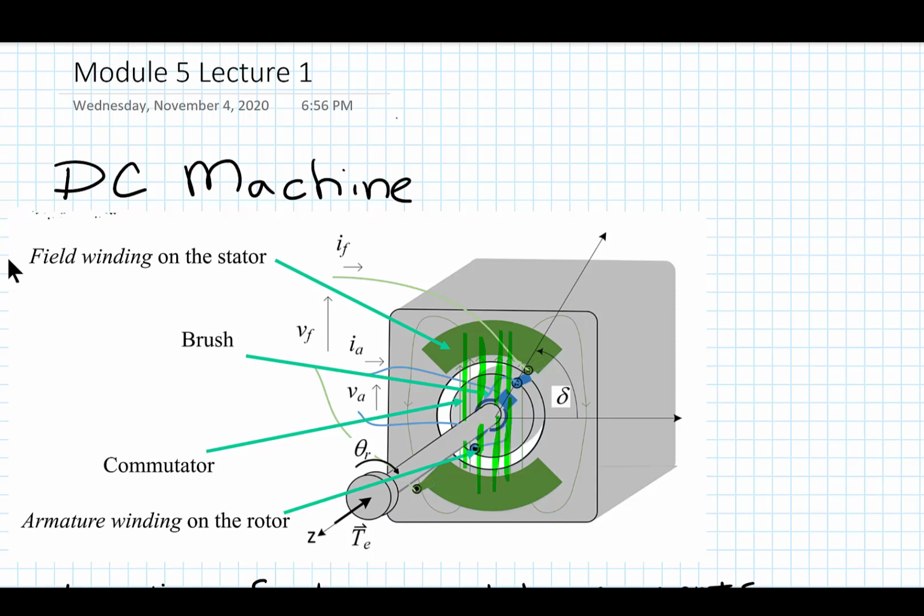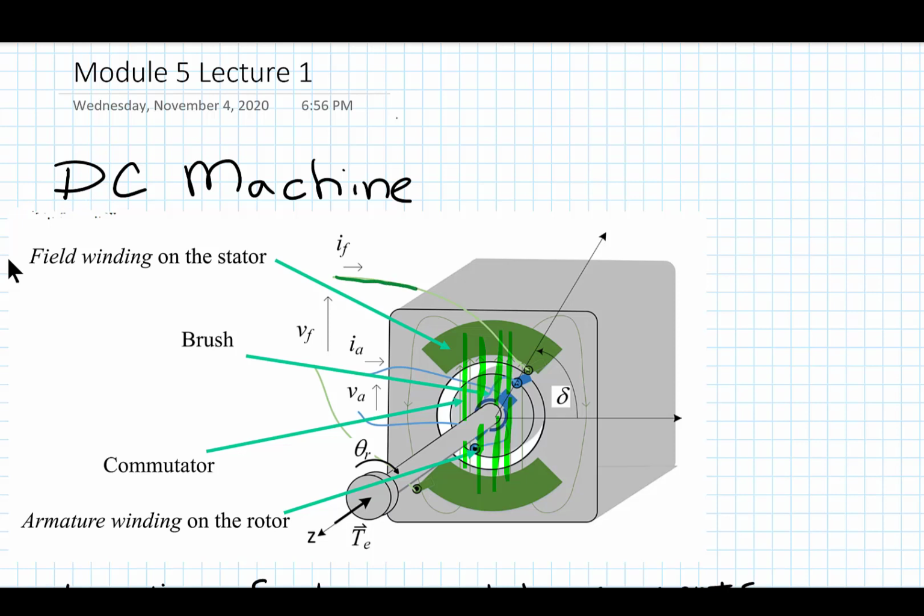So this green area right here represents a field electromagnet, that we talked about, the field electromagnet. So this green area here represents the electromagnet that is producing the